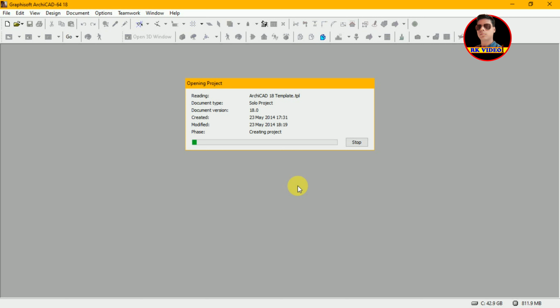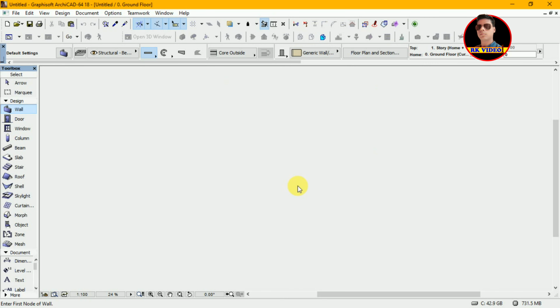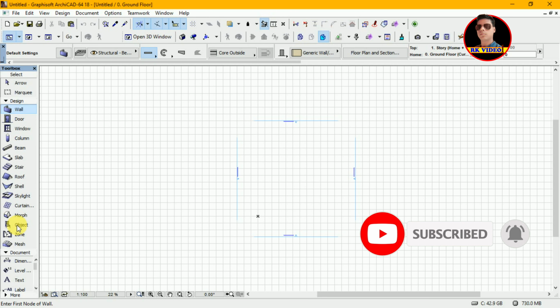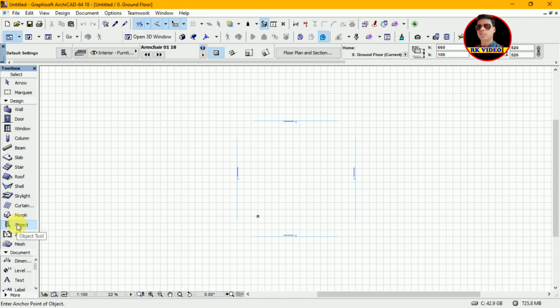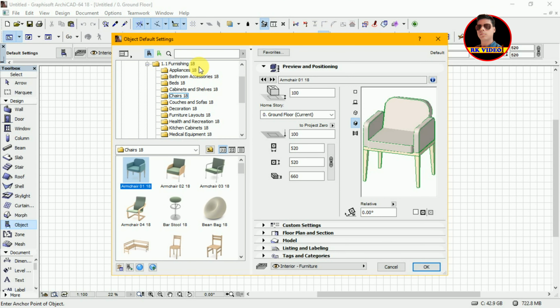and then go to the object placement area, and now go to GDL object and choose window curtain.